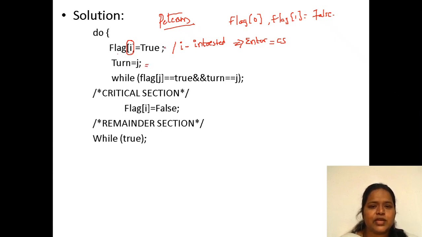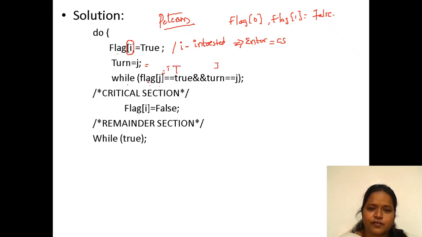Turn is equal to j, in the sense that the turn is of j now. It is the jth turn, but process i is willing to enter into the critical section. We will check whether flag of j is equal to true and turn is equal to j.